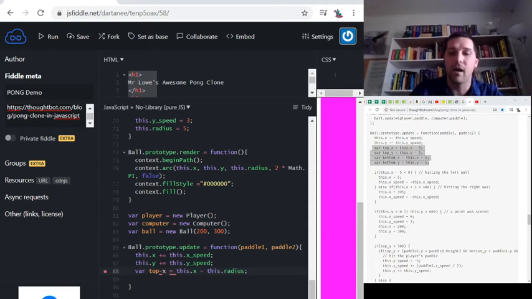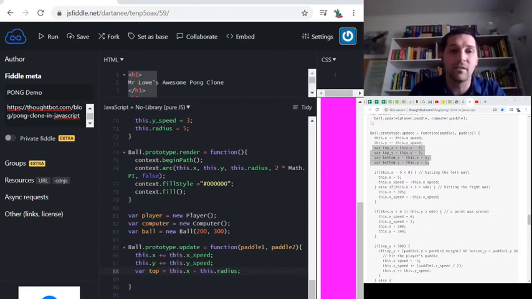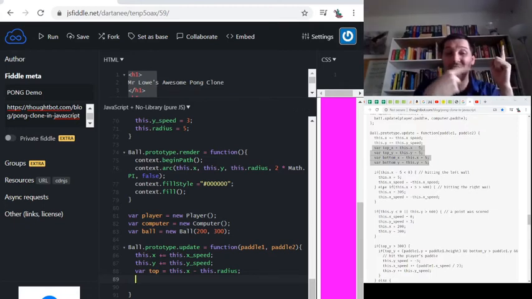The top, underscore x, that's a variable name, not top minus x. The top x, right, that is the x minus the radius, which is the top. Yeah, which is just the top. I don't need top x, it's just the top. This is the top. And then we have the top y, which is actually the left side. Yeah, the left side. So var, we're going to call this left, and it's going to be this dot y